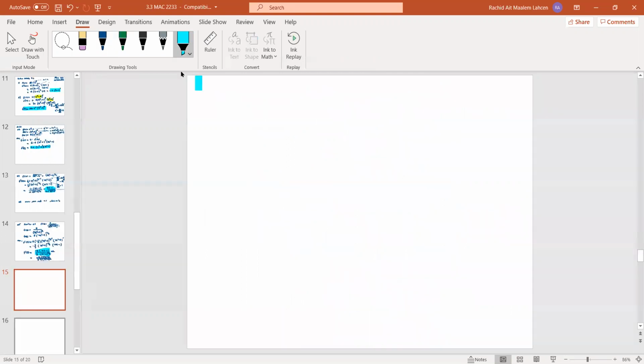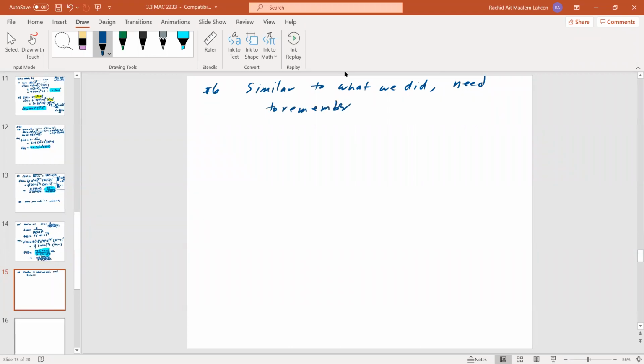All right, so number 6. Number 6 is going to be similar to what we did. We just need to remember that if you have f of u, if you have a sum of two functions, you still need to apply the rule of the sum, right? Which makes it easier because you differentiate each one. So if you have f prime of u,